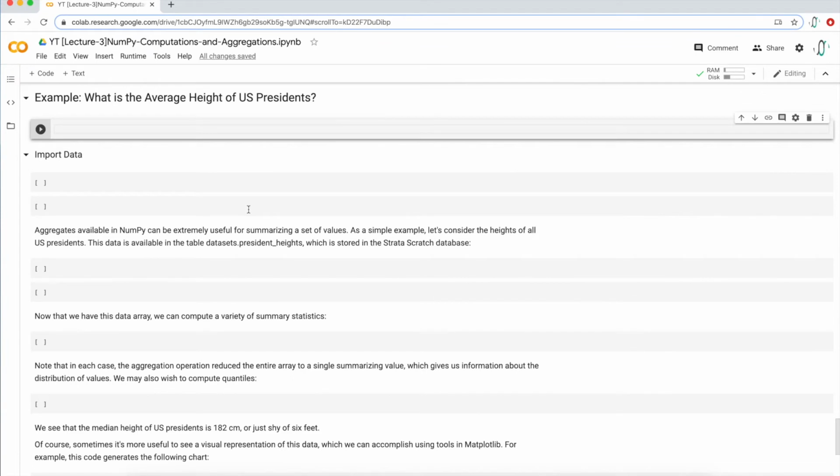So let's just use some of the things we learned in the previous section on a real data set. What we want to do is import a data set into this Python notebook and use some of the aggregation statistical functions that we learned in the previous sections on this real data set. In the link in the description, you will find the data set. It's presidentheights.csv. So go ahead and download that CSV file to your computer, and I'll show you how to upload it